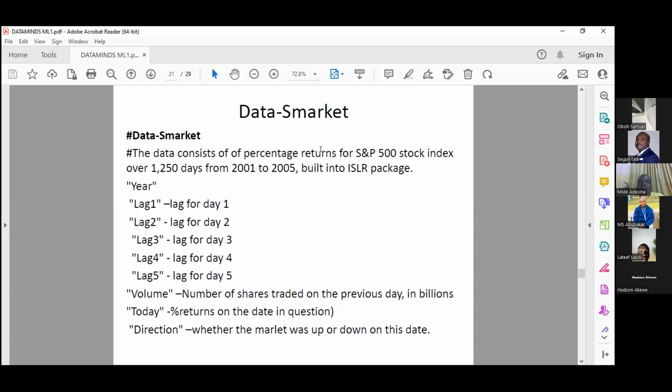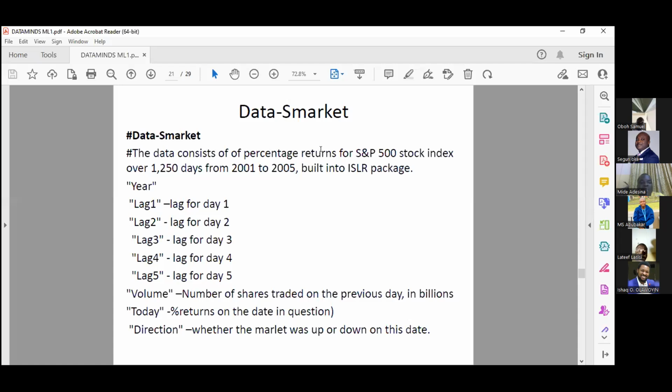The data we're talking about here consists of 500 stock index over 1,250 days from 2001 to 2005. And this data set is built into a package called